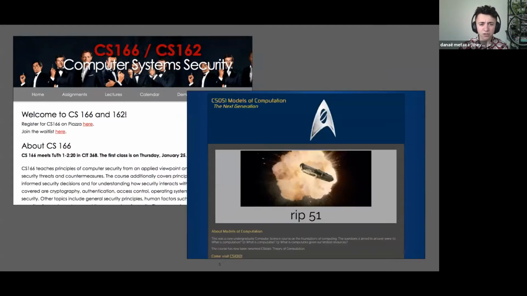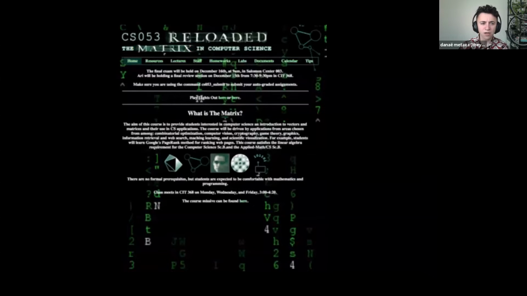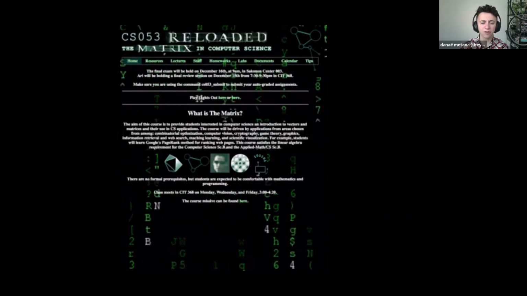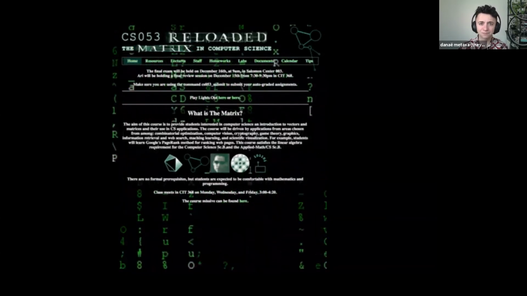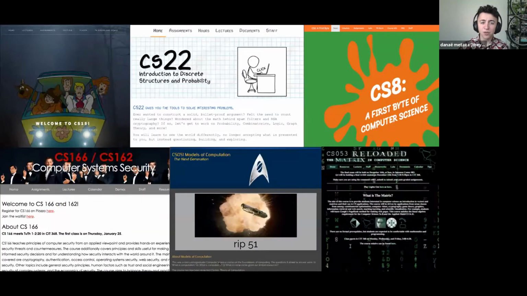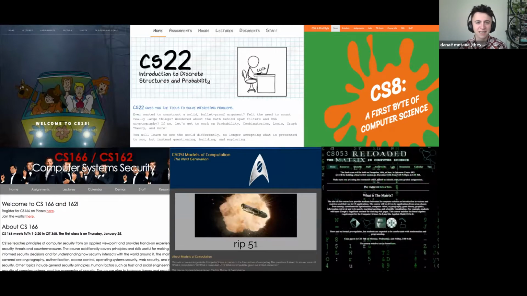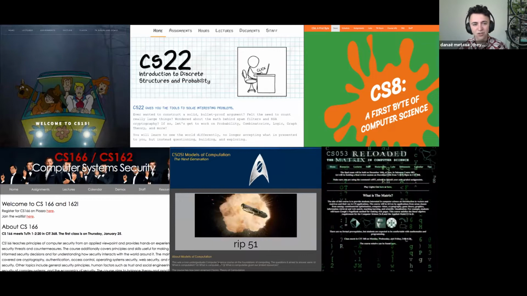Or this one that was modeled after Star Trek. Or especially, this was my least favorite, this Matrix theme that gets worse, actually. I hope you can see this animation. This animation actually ran in the background of the website at all times. So these were all real course websites while I was at Brown. And, far be it for me to say that I had any issue with the Matrix or Star Trek, but